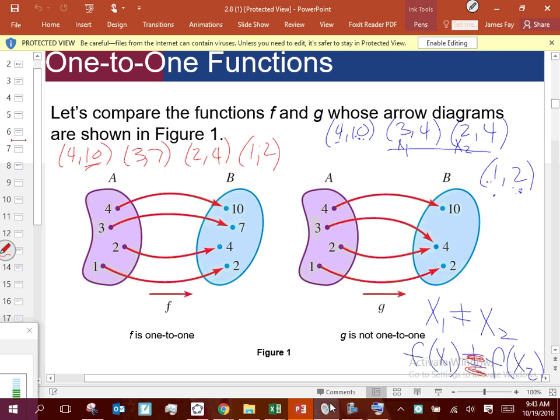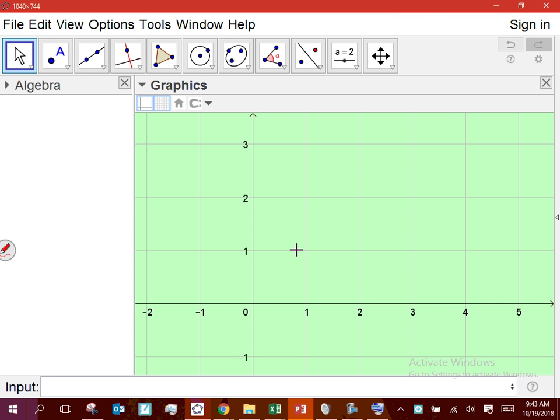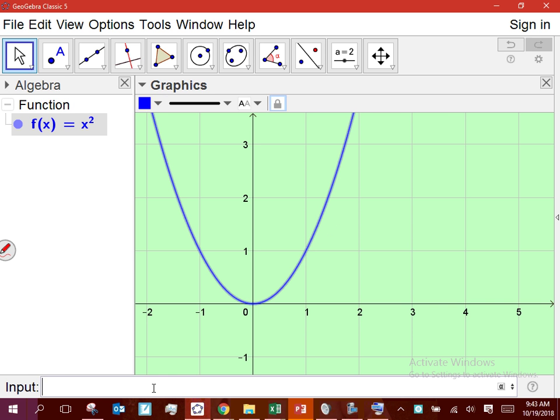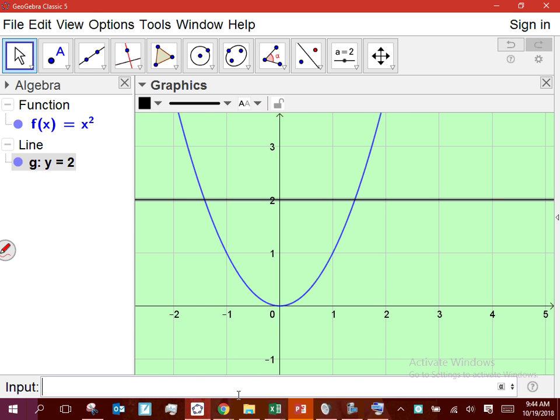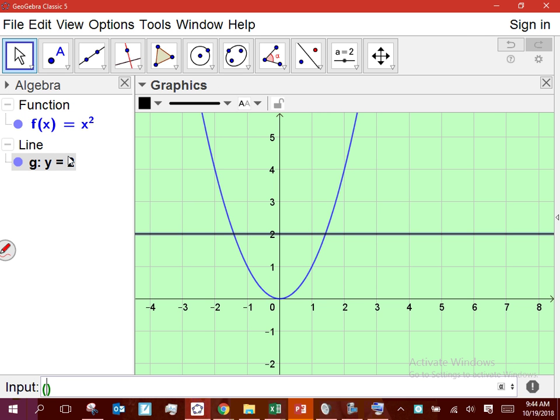Why do we need the definition of one-to-one? It's because it will tell us what functions have inverses. Okay? Think about this. I told you x squared. When we want to think about its inverse, we have problems with this, right? And the reason we have problems with this, if I put in the line y equals 4,